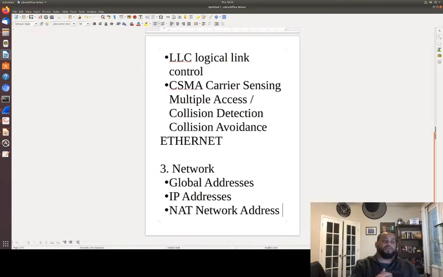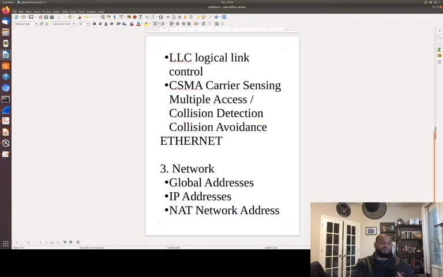So what that means is that when you're on the internet, your internet service provider is acting as a global representation for your network internally. So when you go out to the internet, you have a different address that's globally routable. But on the inside of your network, what you have